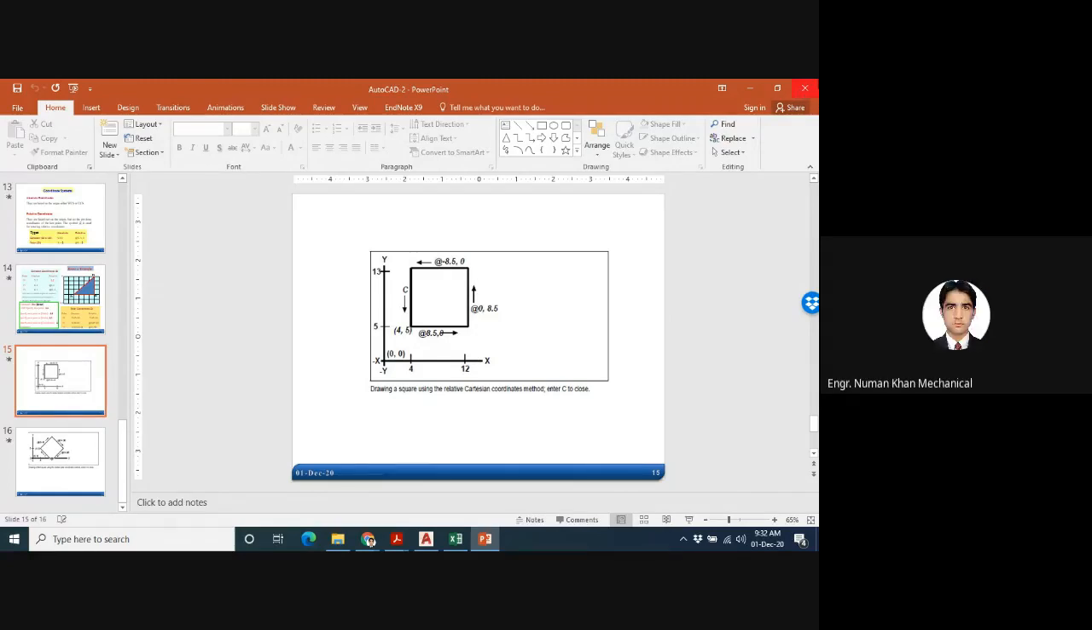What should be the starting point for this line segment? This one, because we are starting from here. Sir, 4, 5. 4 comma 5. Only 4 is not enough, because we want to define a point, and in Cartesian